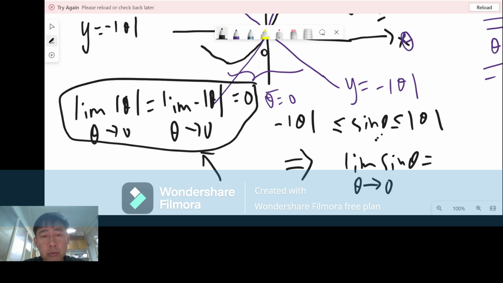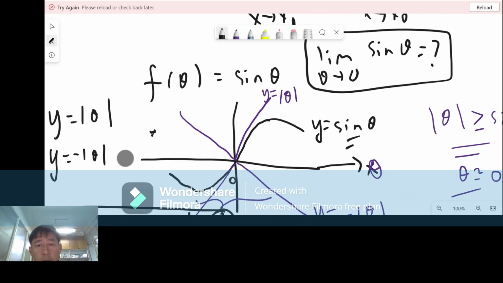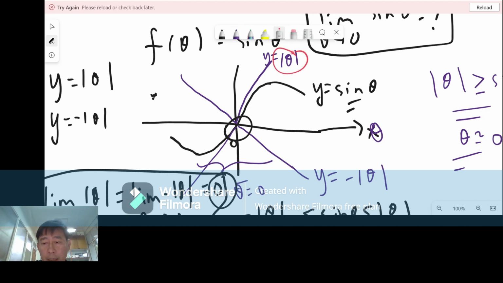is simply equal to the common limit of the sandwiching functions, the absolute value of theta, which is just equal to 0. So, revising these tricks: in order to prove the limit of sine theta at the point theta is 0, you find the upper function, the absolute value of theta, and the lower function, negative absolute theta, and these two always sandwich sine theta between some values of theta that enclose theta equals to 0, and on top of that the upper and lower